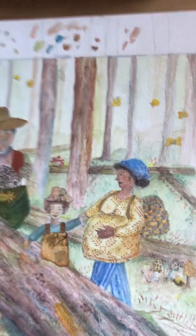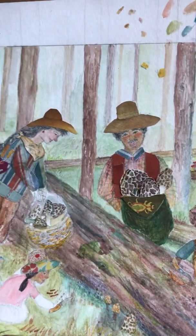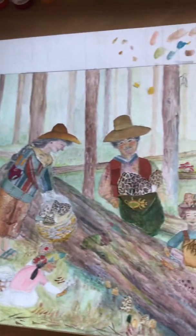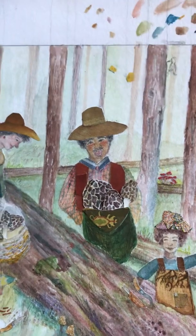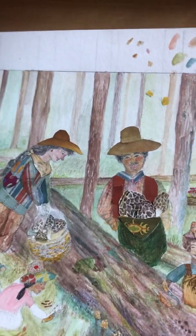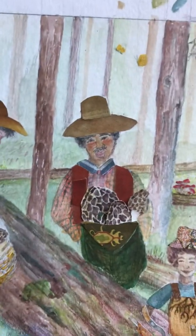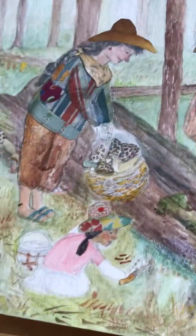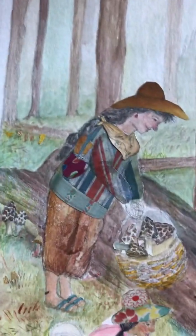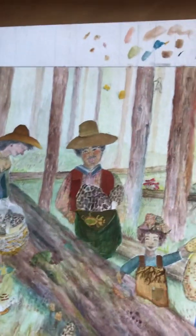So you've seen some of the other months. This is June, and I really wanted to focus on the ethnic diversity that exists in our community. The Hmong people emigrated here 20 or 30 years ago, and they are expert morel hunters. So this is a Hmong man and his daughter, and they have brought their friends out. She's kind of like classic Montana woman, and